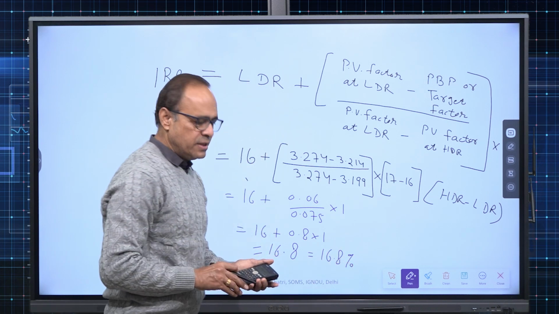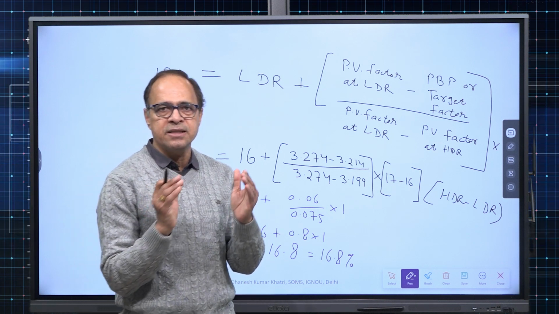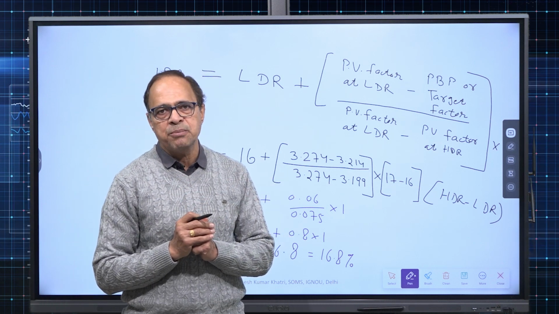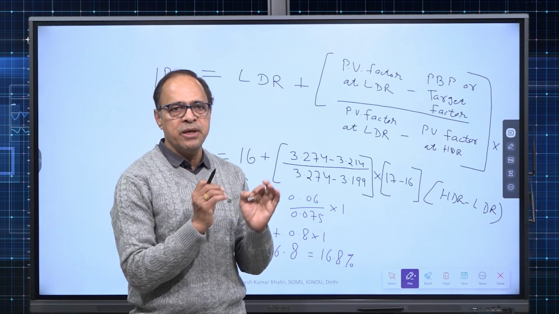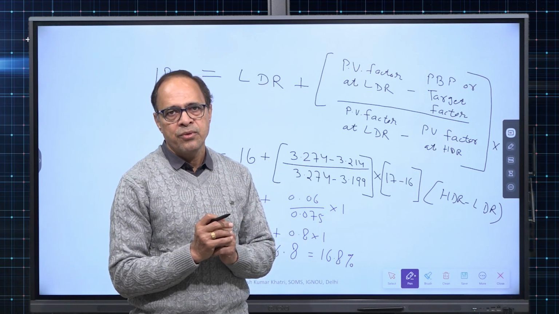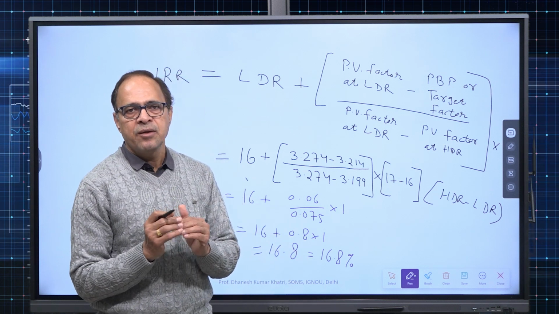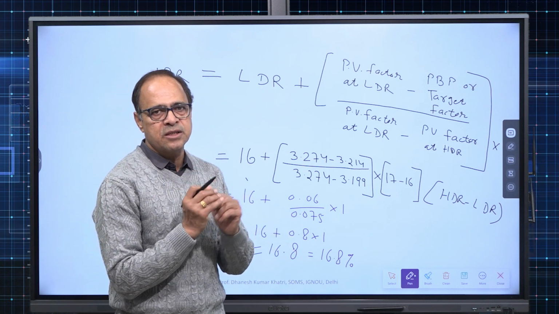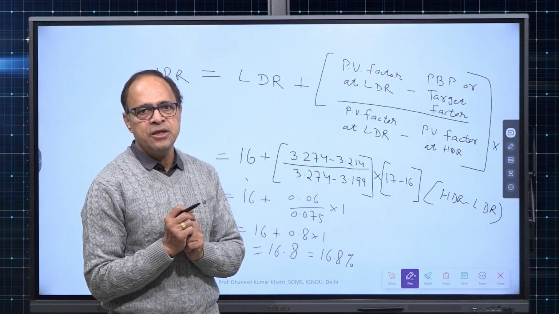So, our answer is 16.8%. That means to say, if we use 16.8% as discount rate to calculate present value of cash inflow, then NPV of the project will be approximately 0. So, this is approximate rate. So, we get an idea that yes, by investing 36,000 in this project, our return will be equal to 16.8%